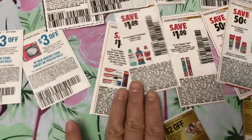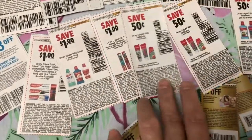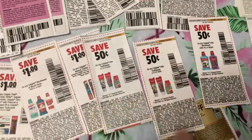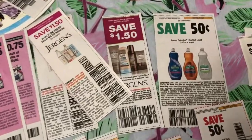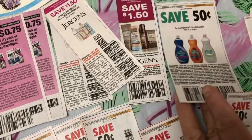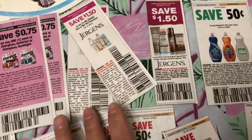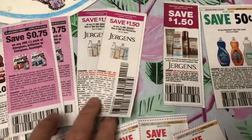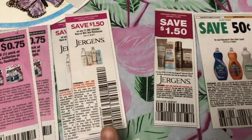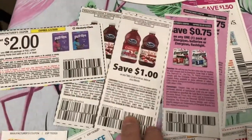I got a lot of coupons for Colgate, mouthwash, toothpaste for kids, and also mouthwash for kids. And I also have some coupons for Palmolive. But last time when I went to the CVS, their dishwashing soap rack was empty. So I also have Jergens coupon for lotion, and I also have coupon for batteries,